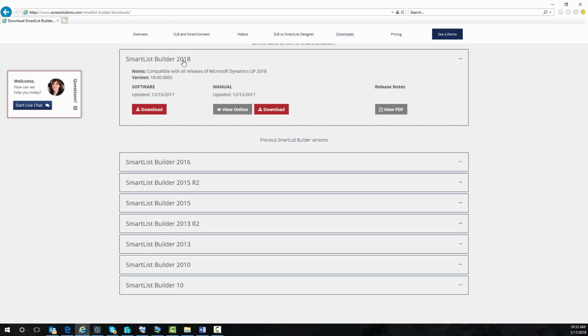You can download SmartList Builder and use it in Fabrikam, which is the sample company that comes with GP, without registration keys. So you can set up some different lists, you can play around with it and do what you'd like in Fabrikam and see how it works for you. If you do decide to purchase it, you put in a registration key. Those lists that you've built will now be available in all your companies to use if you'd like to, after granting some security.